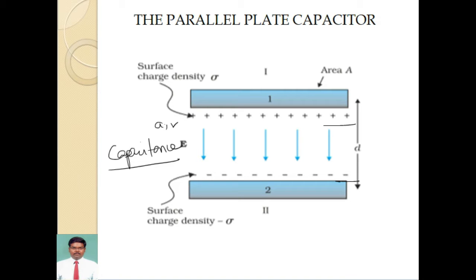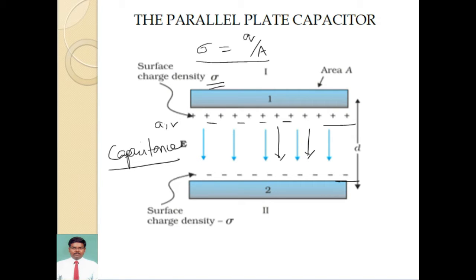Here I am introducing something called sigma, and you have already studied this in the derivation of Gauss law. Sigma is the surface charge density, given by charge by the area. You know this formula: sigma is equal to Q by A. Here the first plate is fully filled with positive charge and the second plate is fully filled with negative charge. So what about the field direction? The field direction is always pointing from positive to the negative.